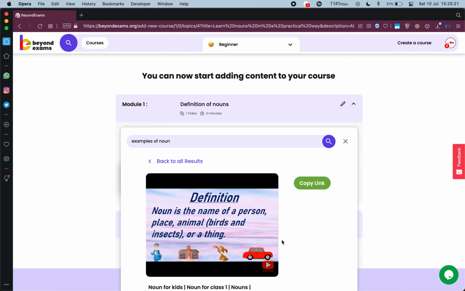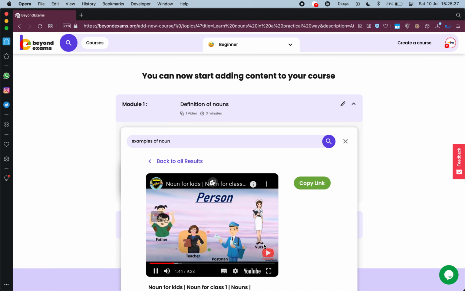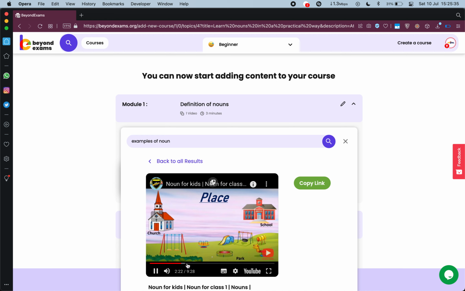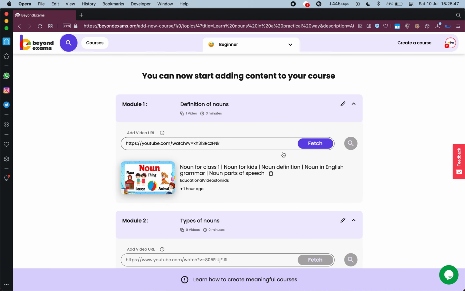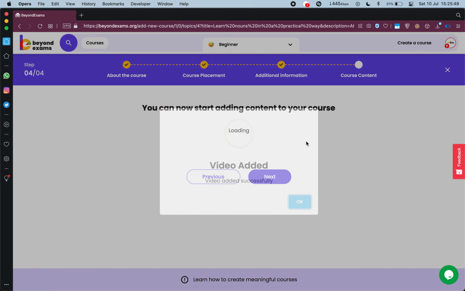Okay, so it is speaking very slowly, which would be very helpful for my students. Let's see if it also. So, for example, when we're talking about person, the first figure is a father. Okay. Even add on market. Great. So they are using a lot of examples. We all know that noun is a name of animal, place, thing, etc. And they are using examples for each one of those, which is superb. So I'll copy this link again and press on fetch.